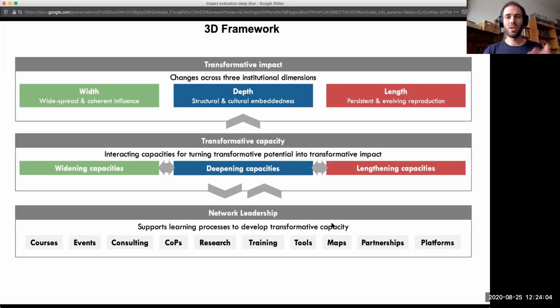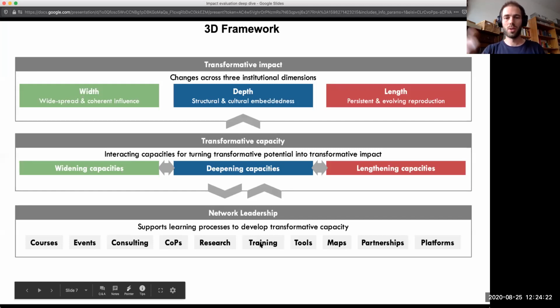At the same time, there's a 2-directional influence here between building widening capacities: as you spread basic income more and more across the world, that might lead back into new tools and new training approaches. So it's not just a linear model.